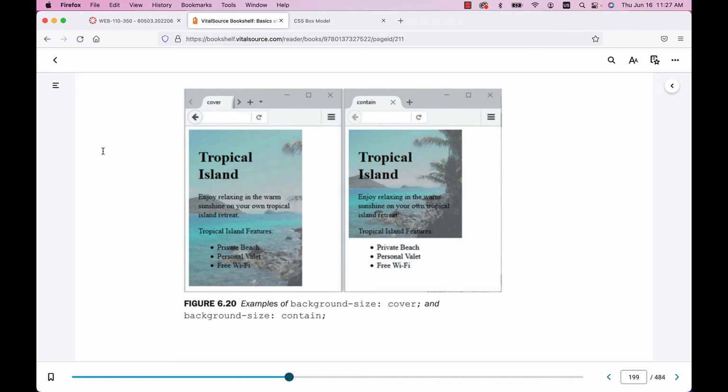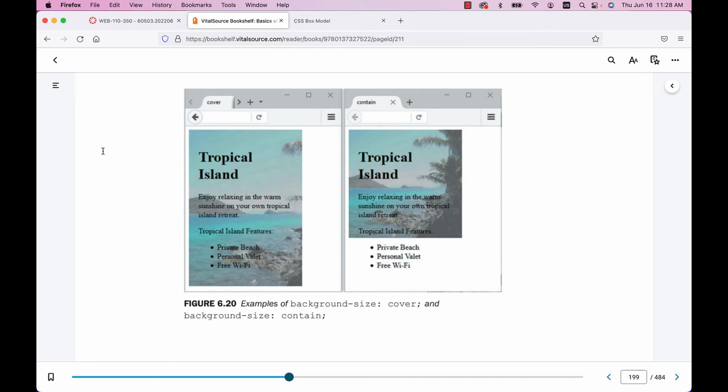But basically with the cover, you have your set amount of content and you're saying, I want the image to completely cover all of the content, and I want it to fill in that space. And so what is happening is the picture doesn't fit, and whatever doesn't fit just gets cropped off. So you could think of cover as cropping,